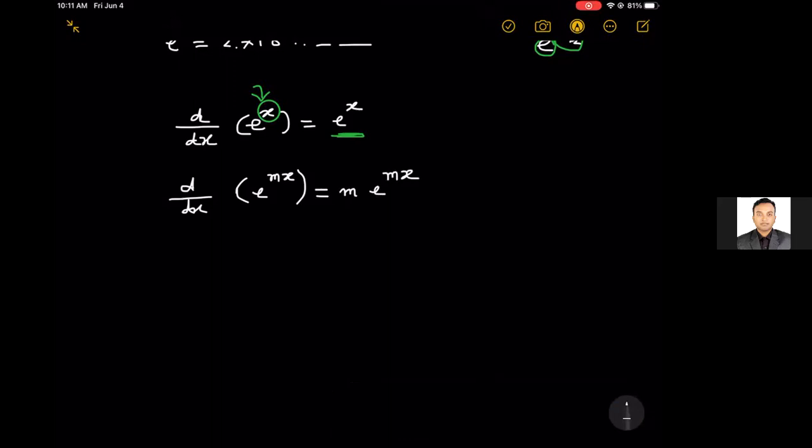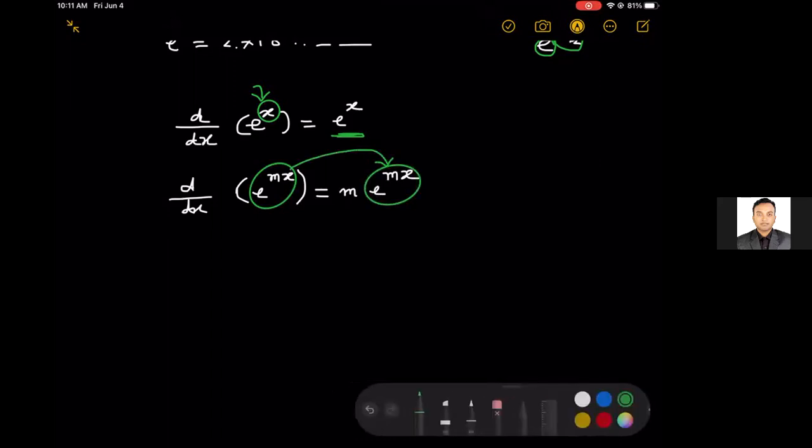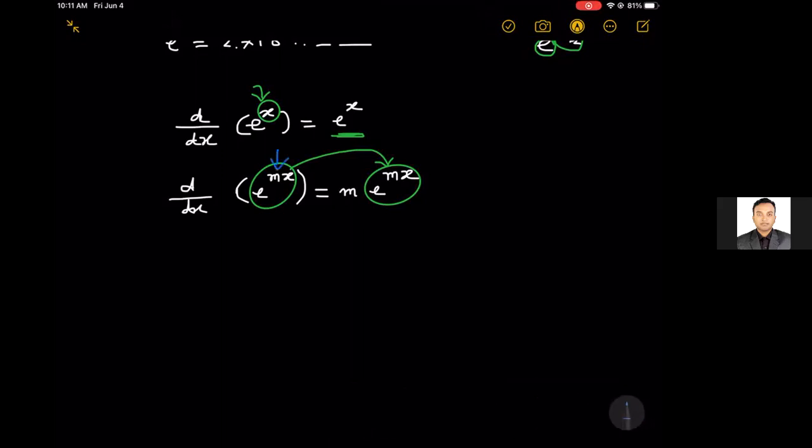That means you still get what you have here, but since you don't have a solo x, instead you have another constant or coefficient assigned to it